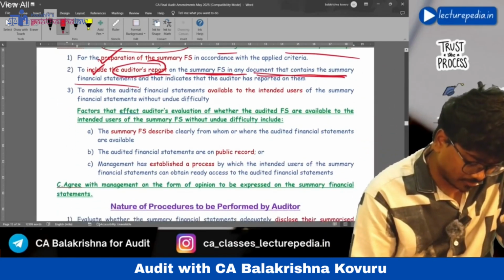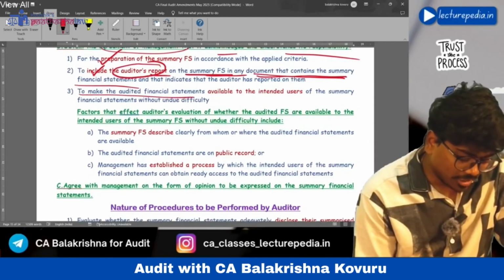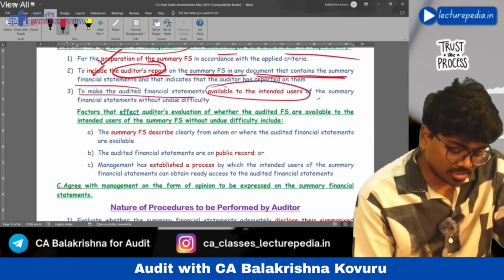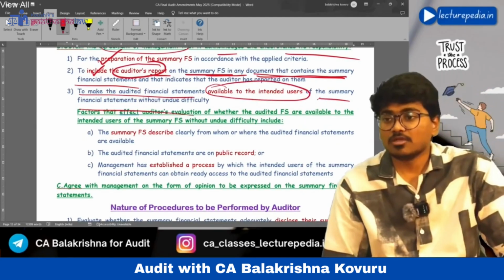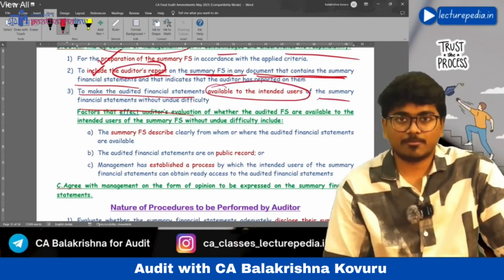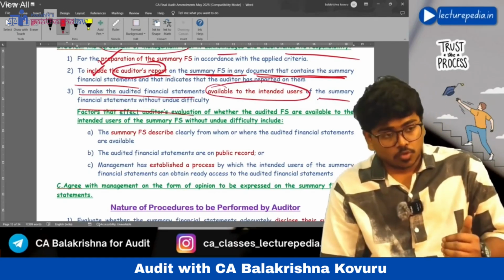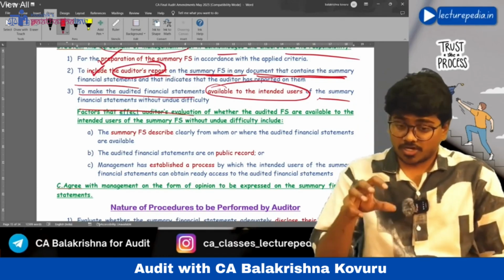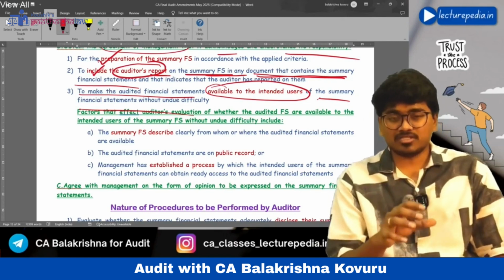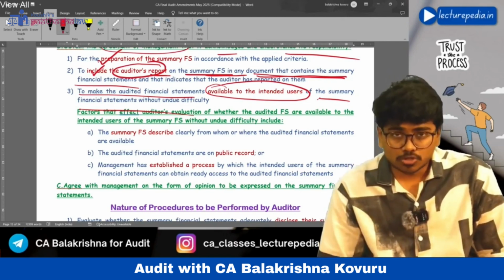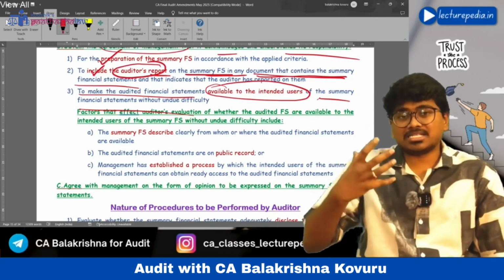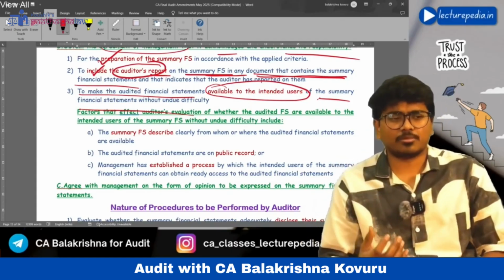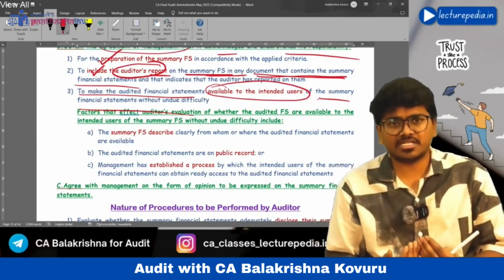Next, to make audited financial statements available to the intended users of summary financial statements without undue difficulty. To whomever you are issuing summary financial statements, for those users, along with summary financial statements, you should also give the audited complete set of financial statements, because summary financial statements will not contain detailed information.